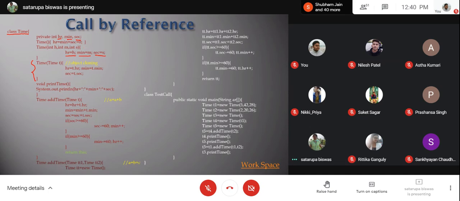How? You can see we are receiving a reference here. Time t. t is a value which has the data type of Time. Time is a class. You have declared it here. So basically t is a reference to the class, and you are receiving this reference here. Now, inside the constructor, what are you doing? hour equal to